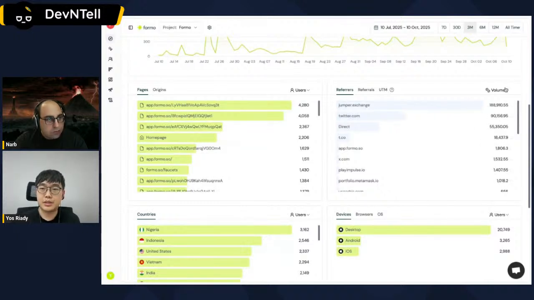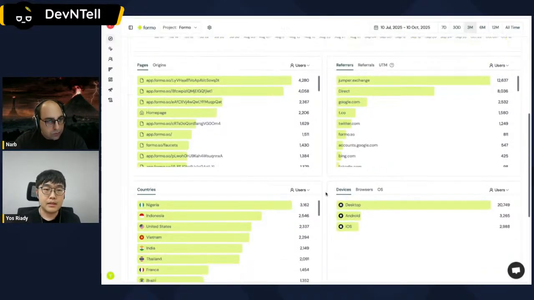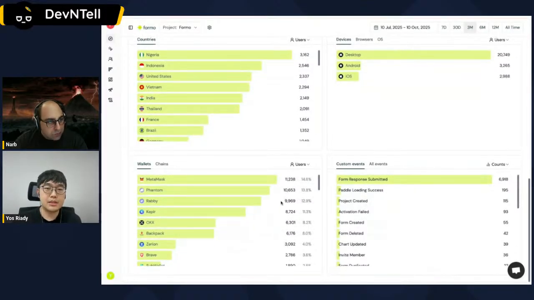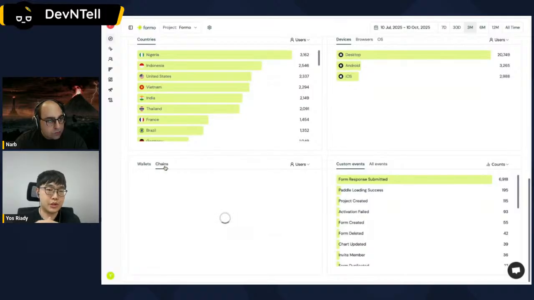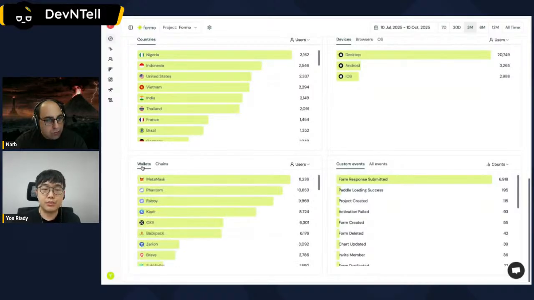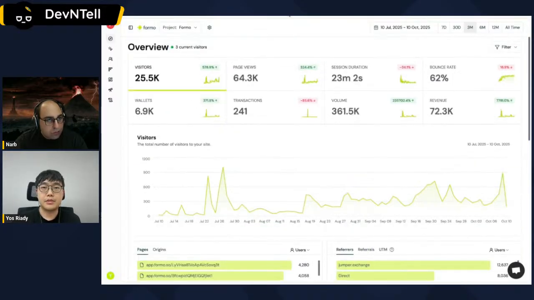So it's not just vanity metrics like user counts, but actual impact on chain. And you can see other demographics like countries, what devices people are using, what type of wallets people are using, as well as what chains people are connected to. So this gives you a broad overview, which brings me to